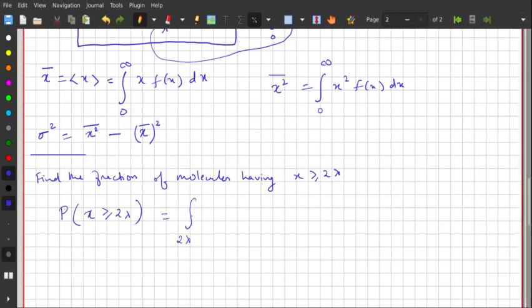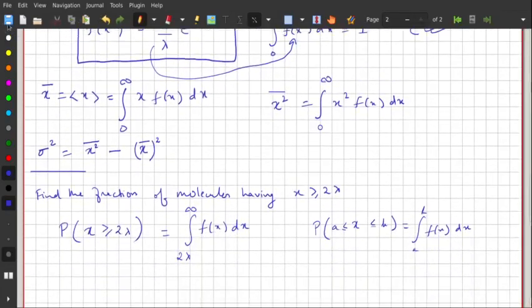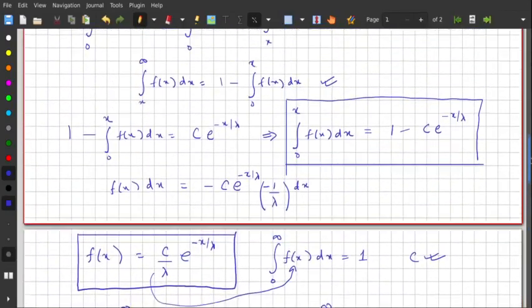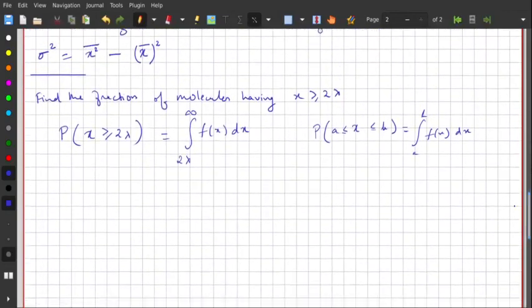the integral from 2 lambda, because x is greater than 2 lambda, to infinity of f(x) dx. And this is based on the fact that we discussed before that the probability of x lying between a and b is given by the integral from a to b of f(x). Okay, so that's how we solve these kinds of problems involving probability density functions. It's quite simple, as you saw. The standard procedure is the same. Okay, now let's consider a little bit more interesting problem,